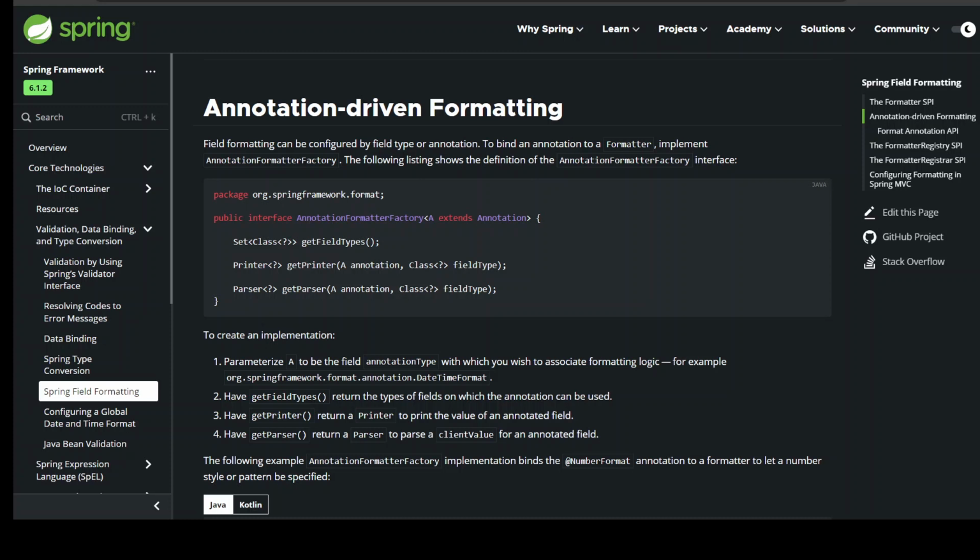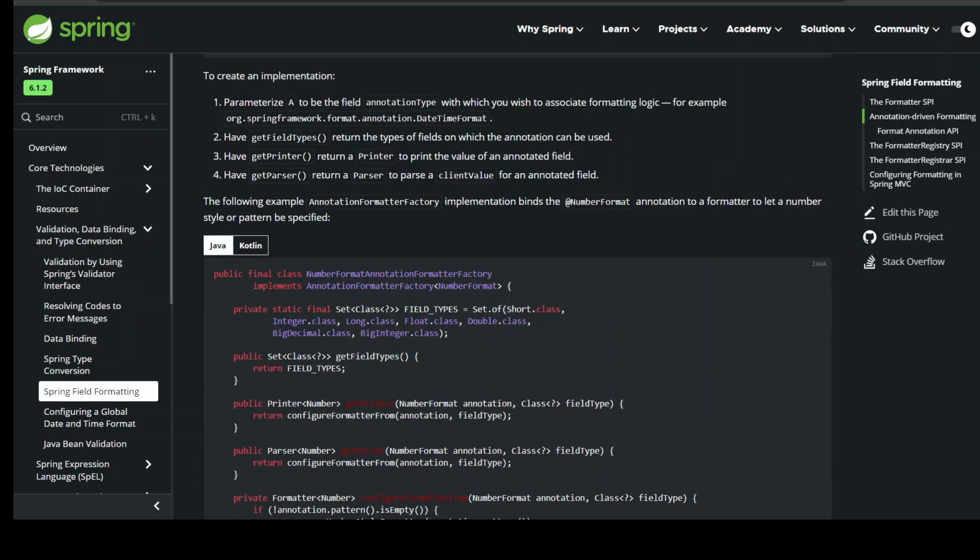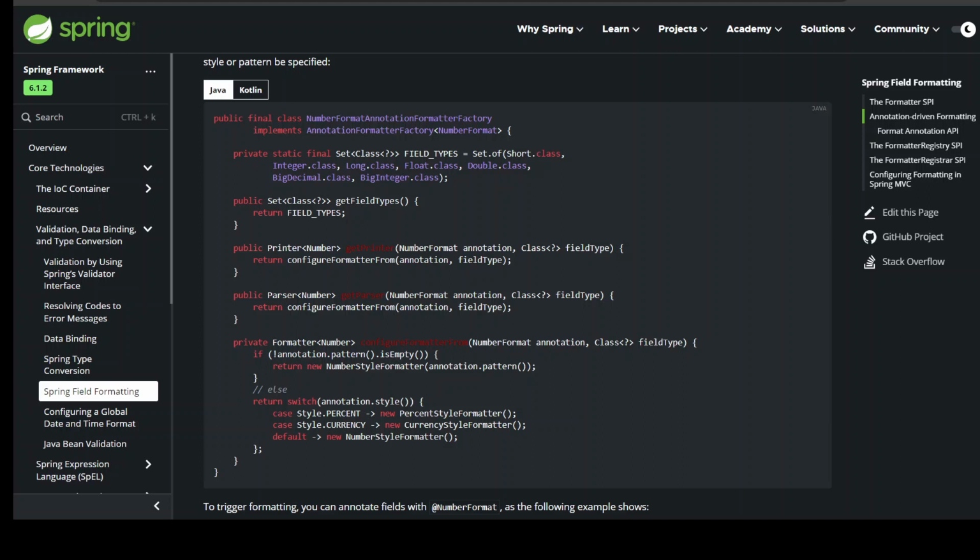or pattern be specified. public final class NumberFormatAnnotationFormatterFactory implements AnnotationFormatterFactory<NumberFormat>. private static final Set<Class<?>> FIELD_TYPES = Set.of(Short.class, Integer.class, Long.class, Float.class, Double.class, BigDecimal.class, BigInteger.class). public Set<Class<?>> getFieldTypes() { return FIELD_TYPES; } public Printer<Number> getPrinter(NumberFormat annotation, Class<?> fieldType) { return configureFormatterFrom(annotation, fieldType);